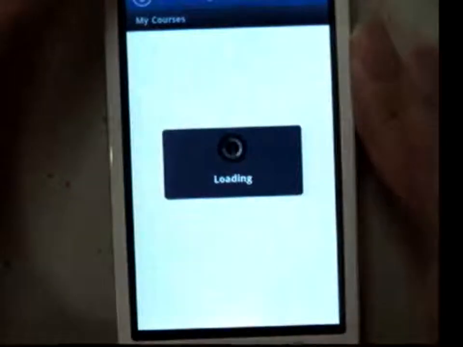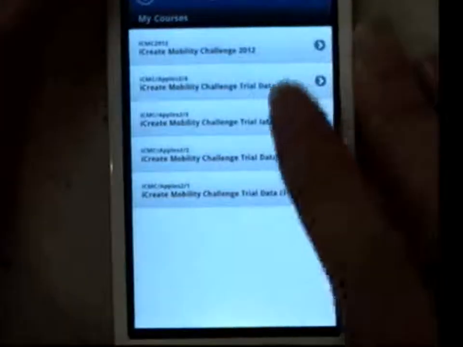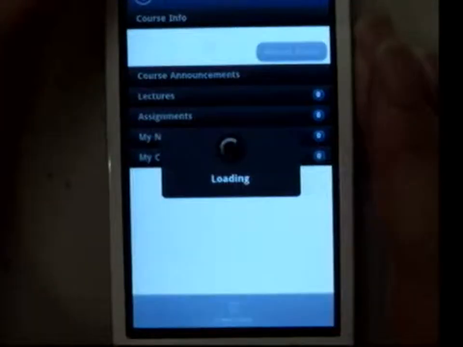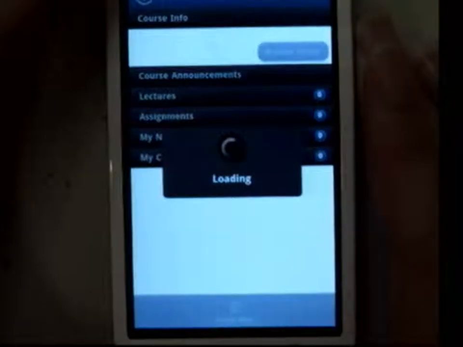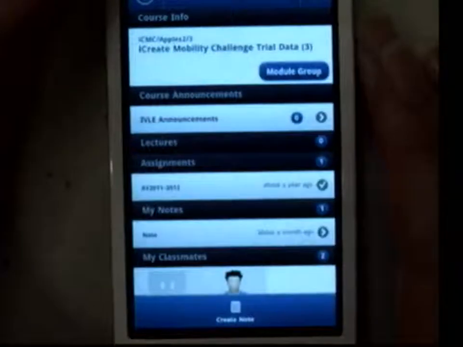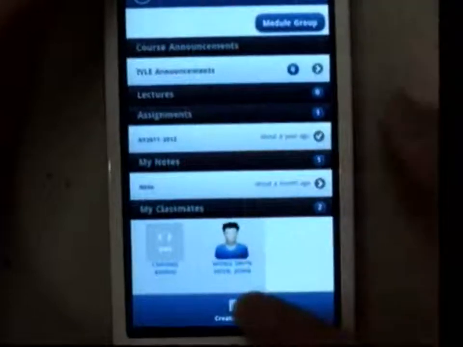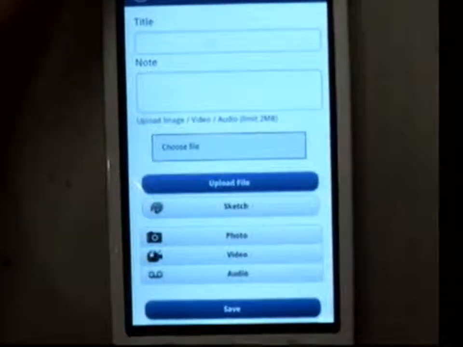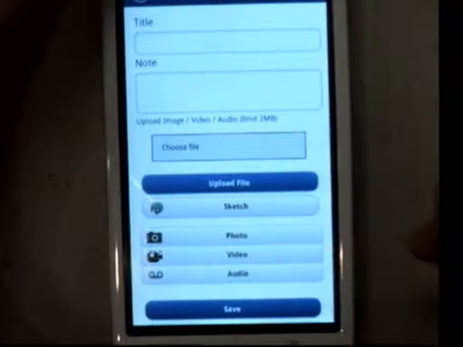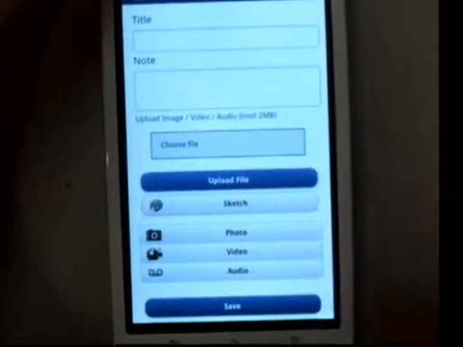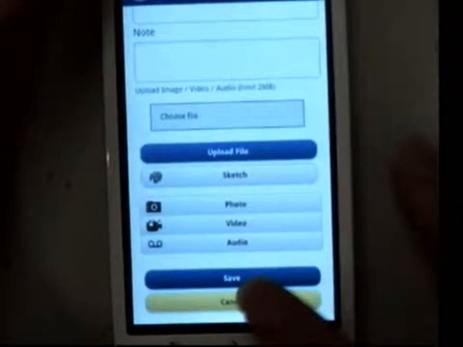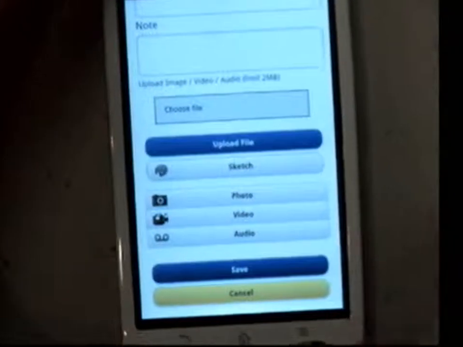So as for the notes feature, yes, the same capabilities. You can choose to sketch, upload a photo, and so on.